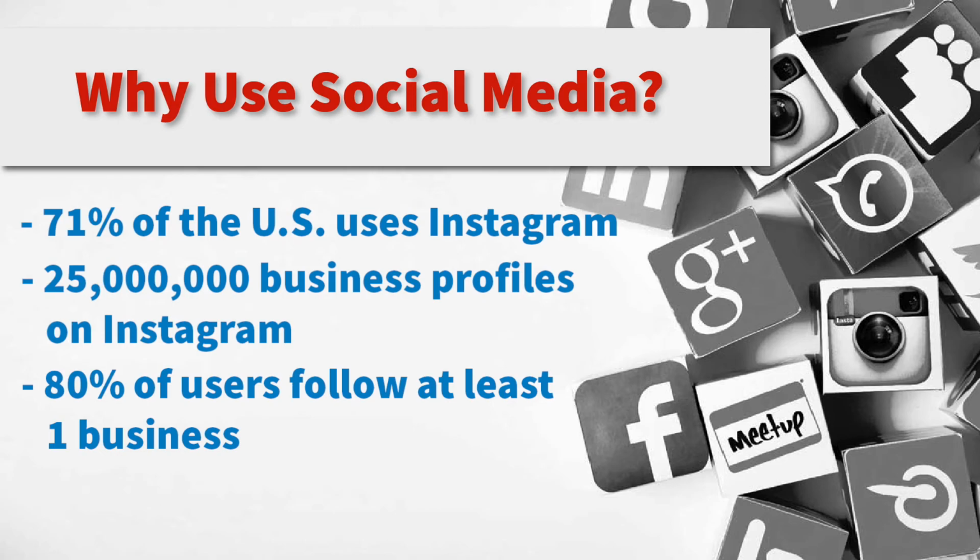So why is it not your business? Why is it that 25 million profiles are on Instagram that are business related? Clearly, there's a market here that's extremely important. Social media actually offers a lot to business owners. It's a way for a business to reach out to their customers and stay connected. It's a very easy way for a business to build brand recognition as well as establish yourself as an expert